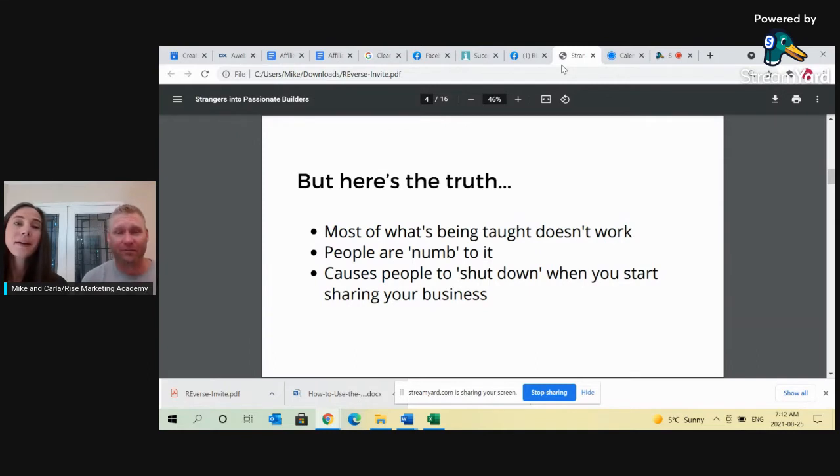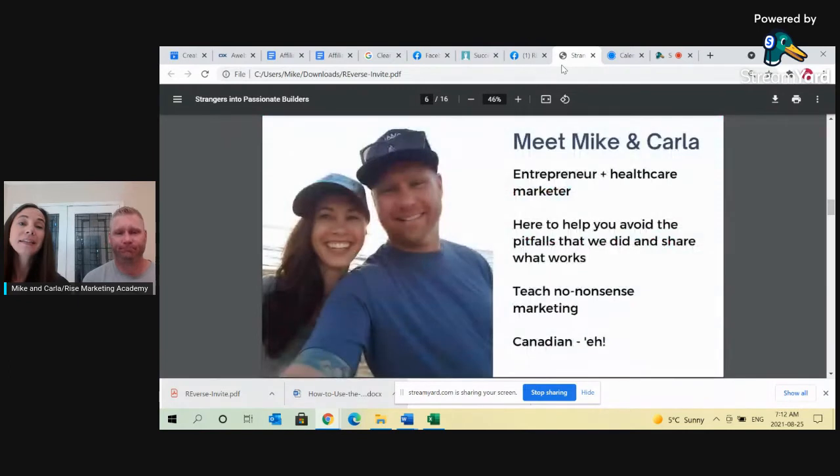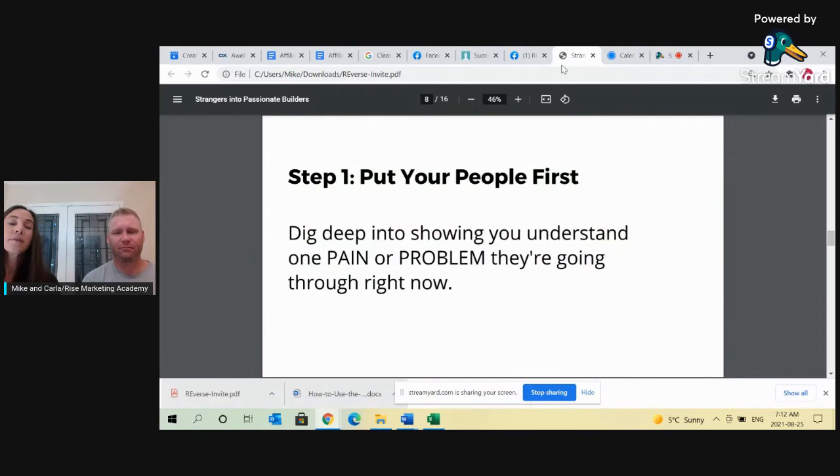Okay, so we have a solution, like we said, the reverse invite method. And today we're going to dive through that solution and we're going to specifically break down how it works. And then we'll give you some examples of it in action, right? So the biggest thing that you want to do when you start with the reverse invite method is put your people first. And exactly what happens when people usually put a post out or invite people to something,